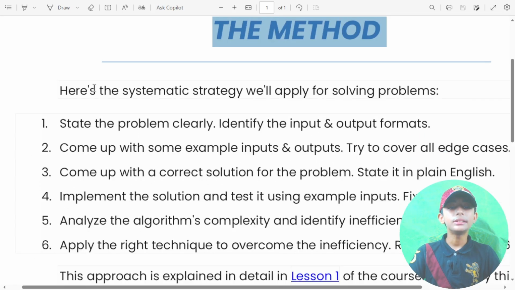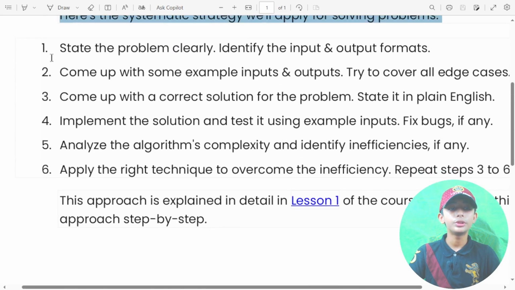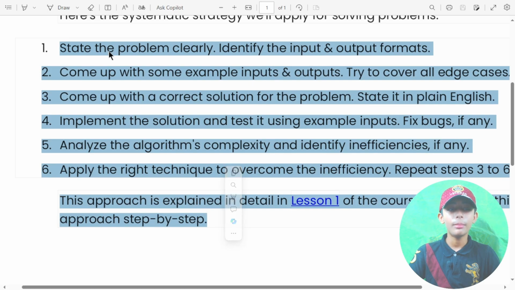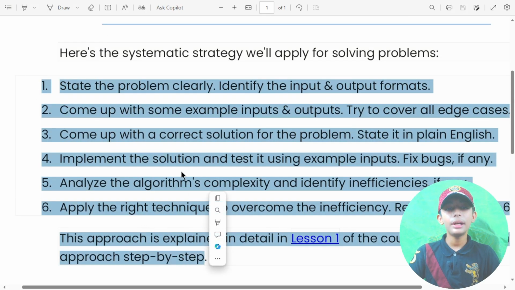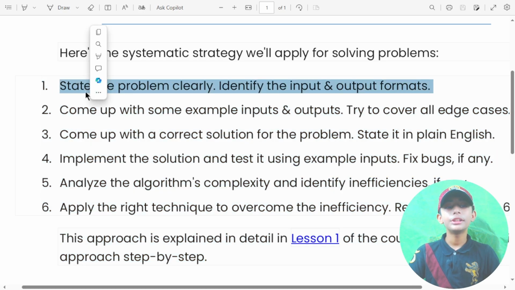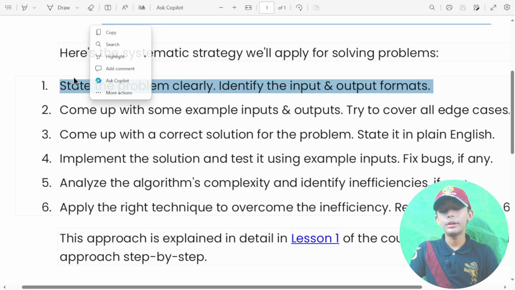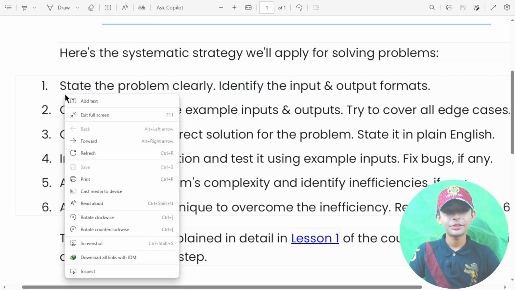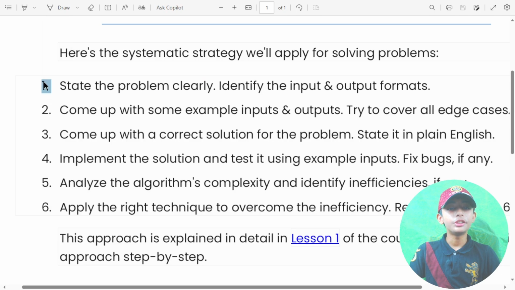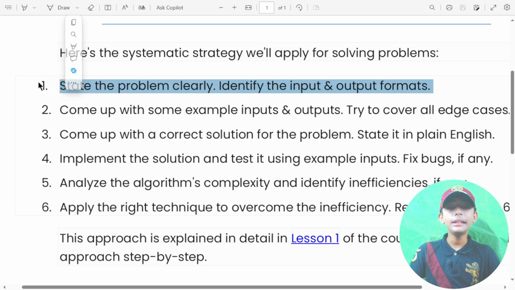Now here's the systematic strategy we apply for solving a problem. In the next video I am solving the problem. There are six systematic strategy steps, and I will tell you again and again, but this is for your practice so that you do not forget it. Number one: first you state the problem clearly,